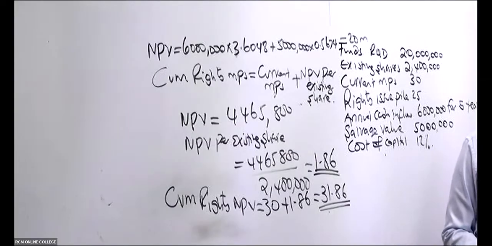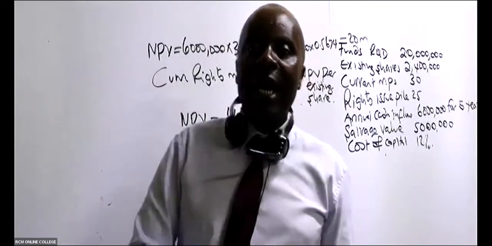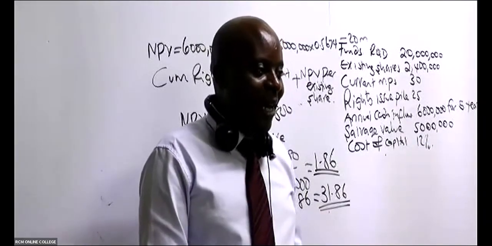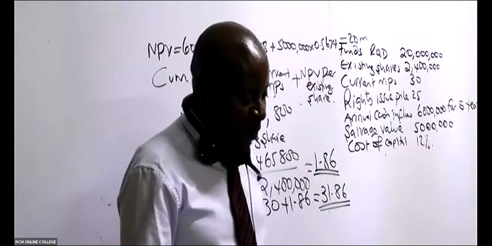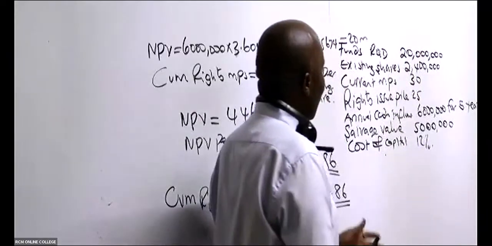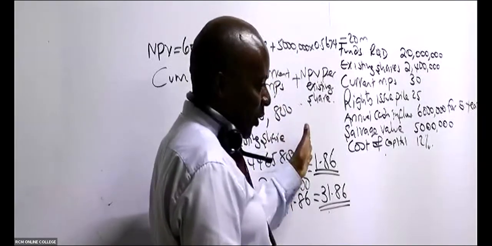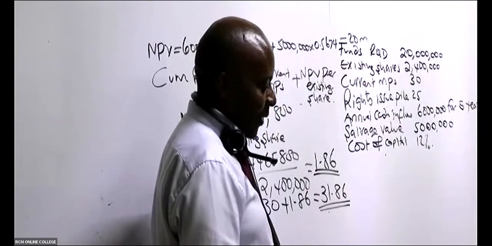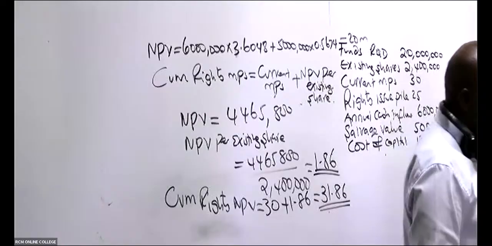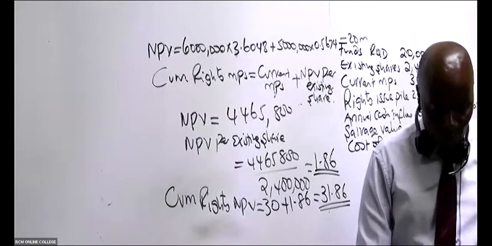So up to there, ladies and gentlemen, are we really together? If I'm looking at this kind of a question, even without knowing what is being asked, I can easily end up giving some sort of an answer, because I'm able to see cash flows, cost of capital, and initial outlay. So even if I don't know what I'm doing, I calculate the net present value in number 1, then repeat the same net present value in number 2 and number 3. At the end of the day, you end up getting some marks which you would not have gotten if you handed over a blank sheet. So that is okay. Allow me to go to the next question.